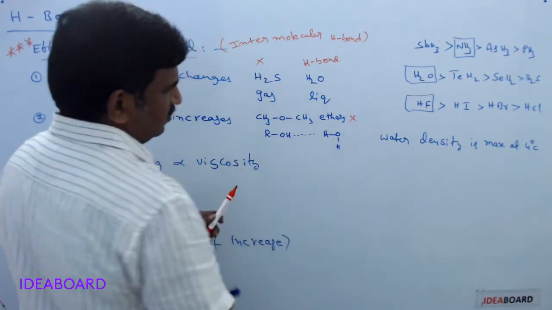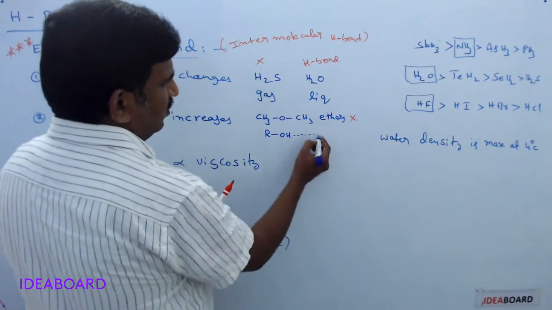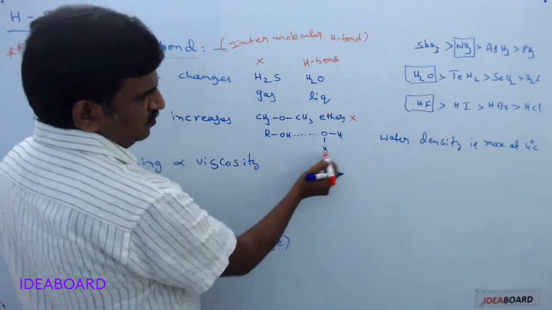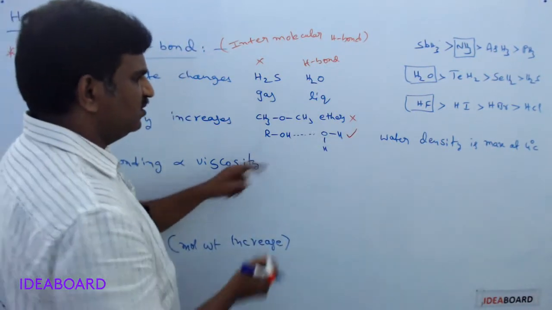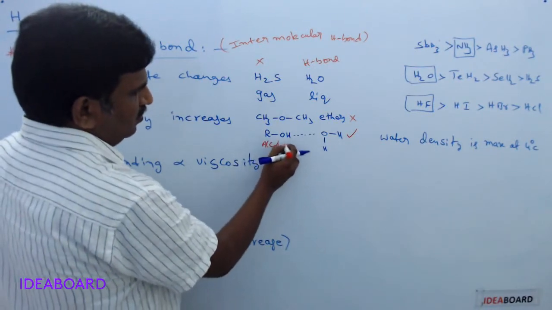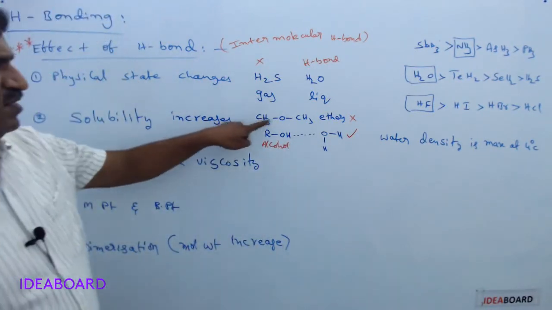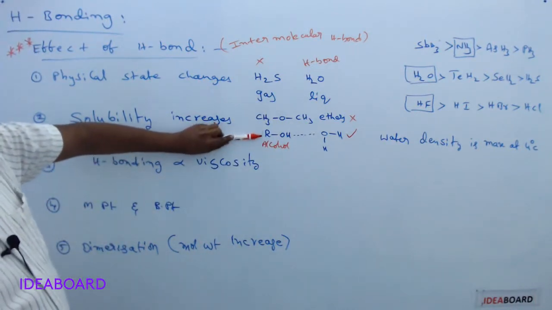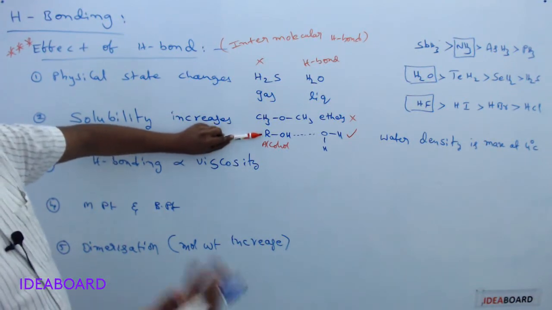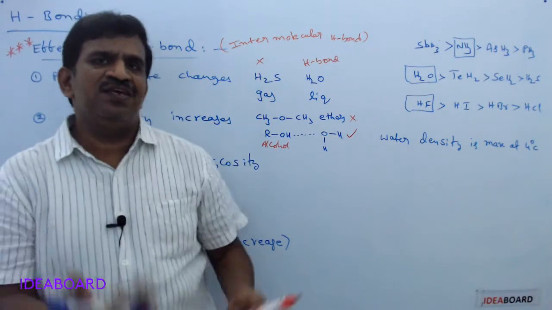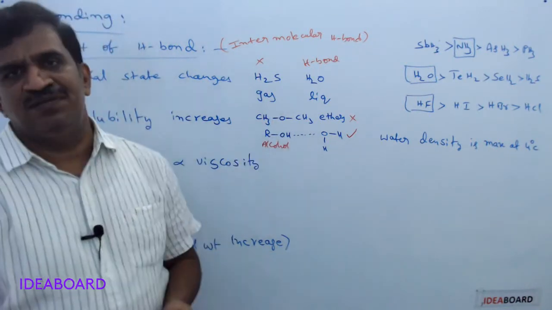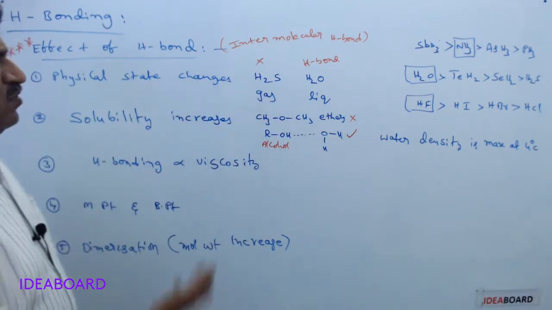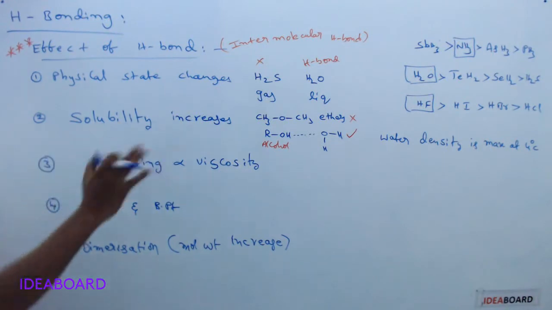Here this is a water molecule, and with the water molecule the alcohol is forming hydrogen bonds, whereas ethers are not forming hydrogen bonds. So whenever there is hydrogen bond formation, solubility is more, they are highly soluble. You can mix alcohol in water in any proportion because of hydrogen bonding. Ethers are less soluble, so we cannot mix ethers in water.